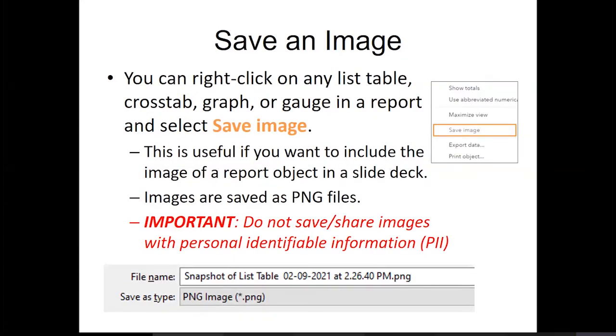Another thing people are often interested in is the ability to save an image. You can right-click on any list, table, crosstab, graph, or gauge and select Save Image. That's true for most objects in EdSight Secure. When you're working in a report, many of the things that Chuck talked about, many of the things that I'm going to talk about, and many of the things that Stephanie will demonstrate in the demo